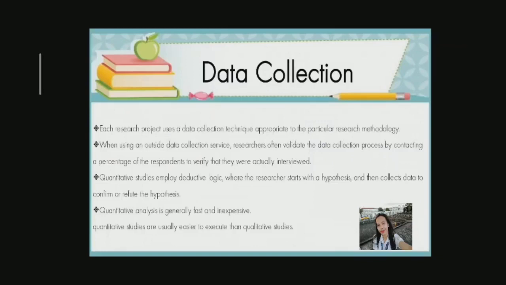Quantitative analysis is generally fast and inexpensive because a wide assortment of statistical techniques are available to the researcher. Computer software is readily available to provide both basic and advanced analysis. The researcher simply follows the pre-planned analysis process without making subjective decisions about the data, which excludes personal biases. The interpretation of qualitative data, however, is often highly subjective, and different researchers can reach different conclusions from the same data.